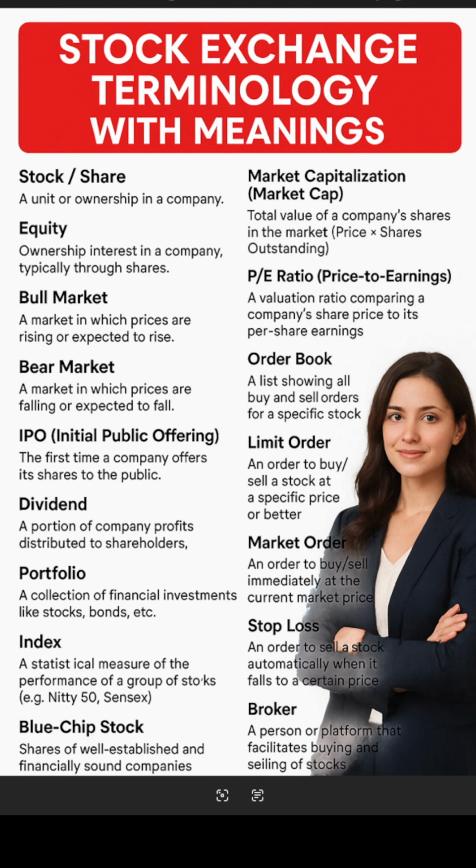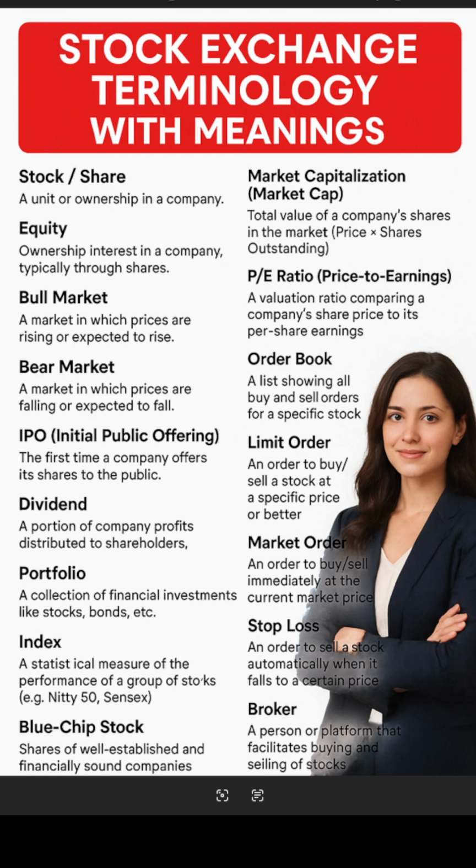First one is stock or shares: a unit of ownership in a company. When you purchase a share, you get a unit of ownership, meaning some portion of ownership. For example, out of 100%, if you have purchased 1% of the shares of the company, then you will become the owner of 1% of the assets minus liabilities, the net worth of the company.